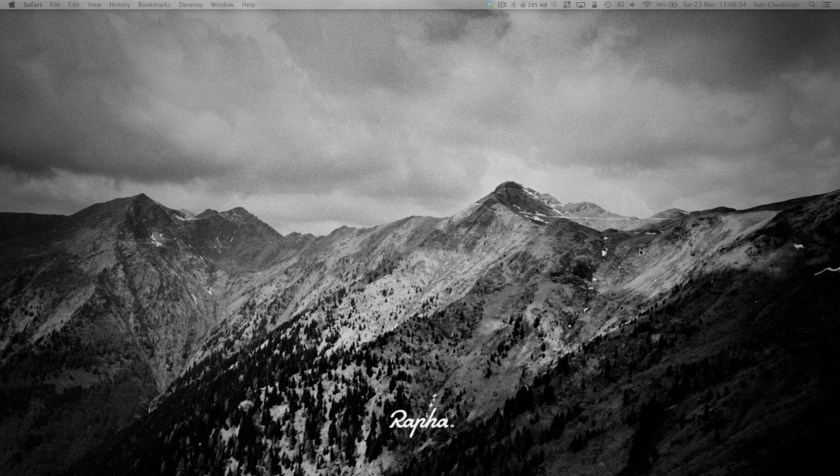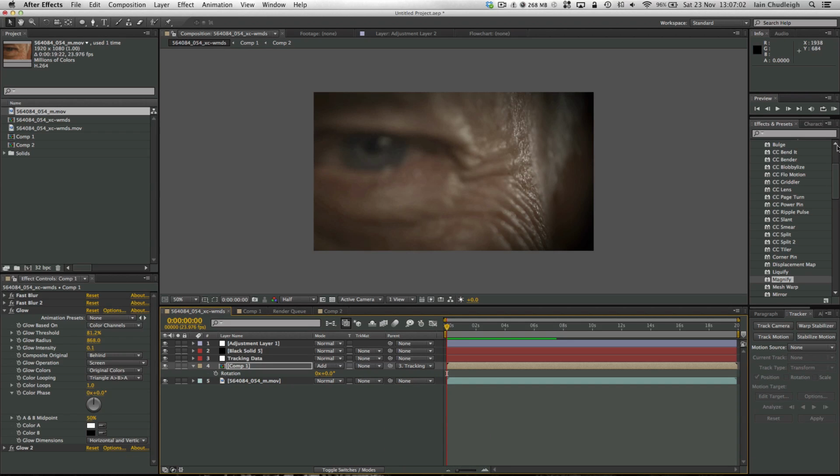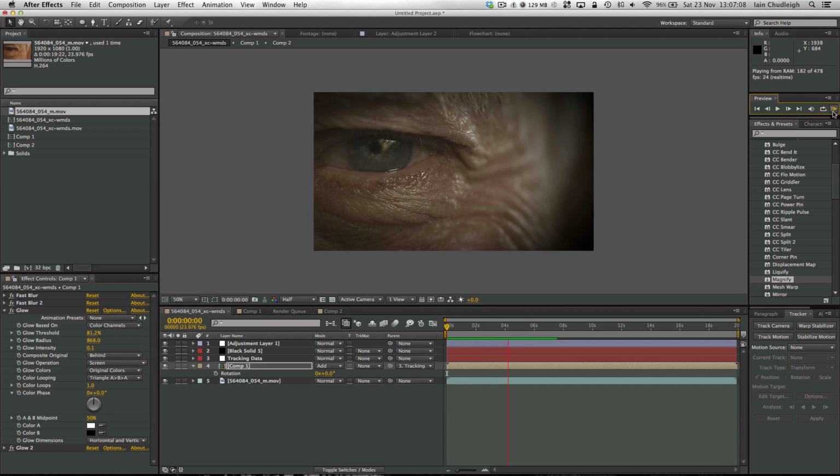This one is completely done in After Effects, and I'll show you what we'll be creating today. If I jump into After Effects here, we can just have a look. So we've got this pretty cool eye, where the eye actually lights up and glows. You can see we've got some tracking going on. A pretty cool reveal. It doesn't just